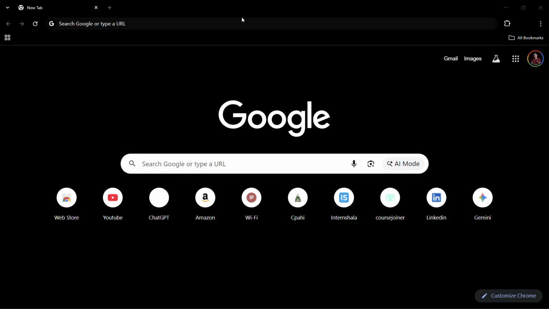How to use Google Docs in your Windows laptop. So hey guys, welcome to this tutorial. In this tutorial I'll be guiding you through the steps on how you can use Google Docs in your Windows